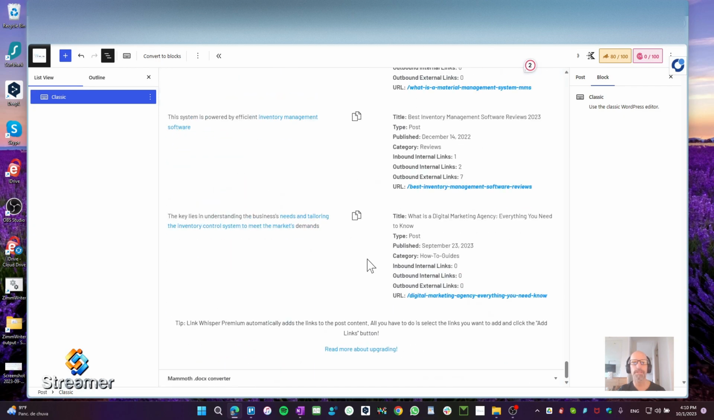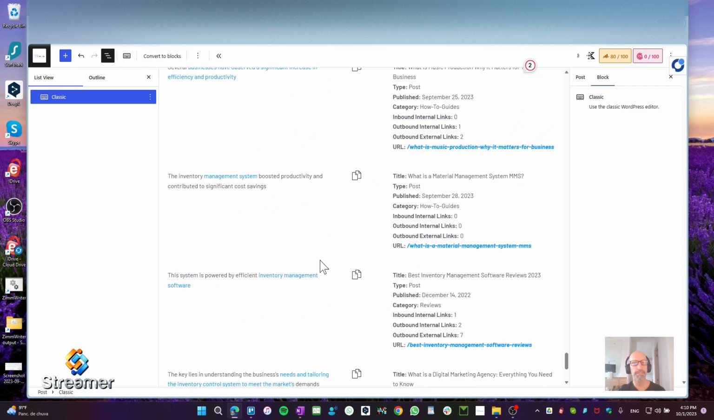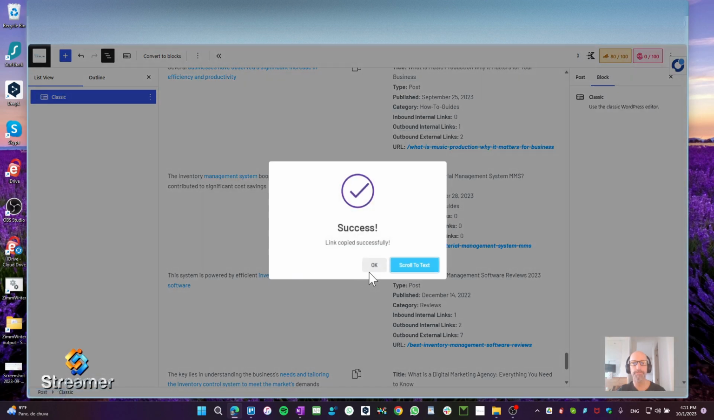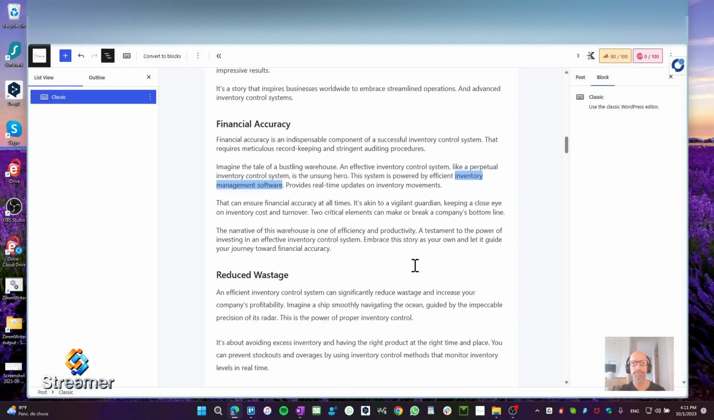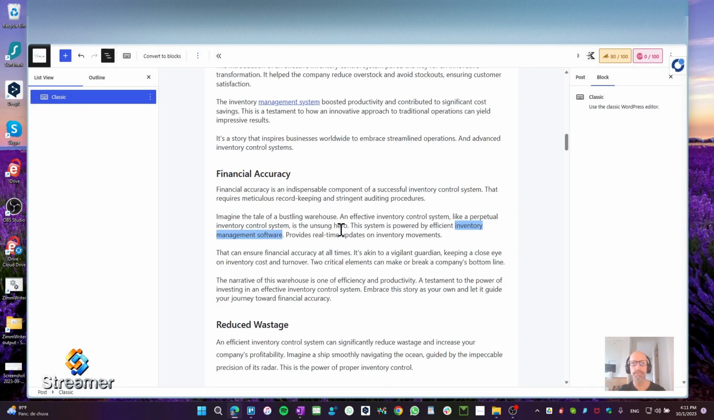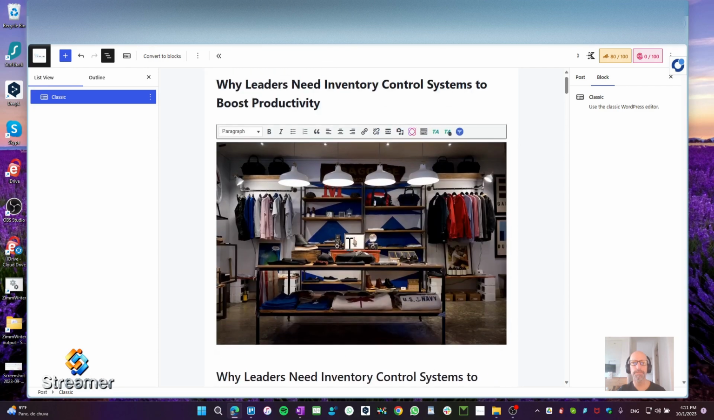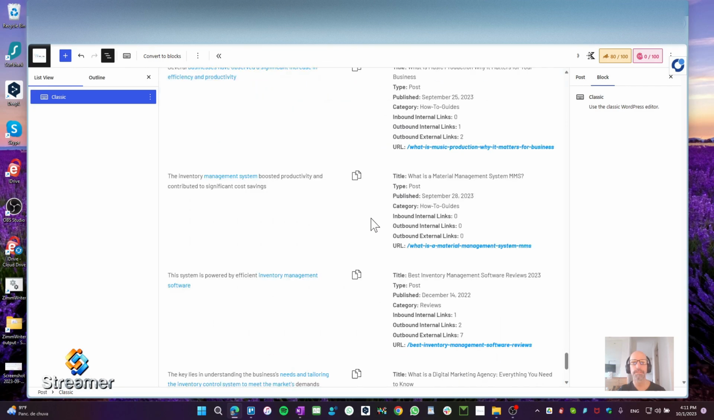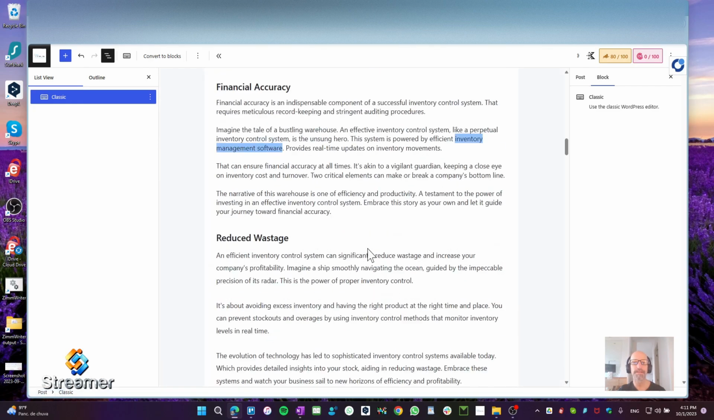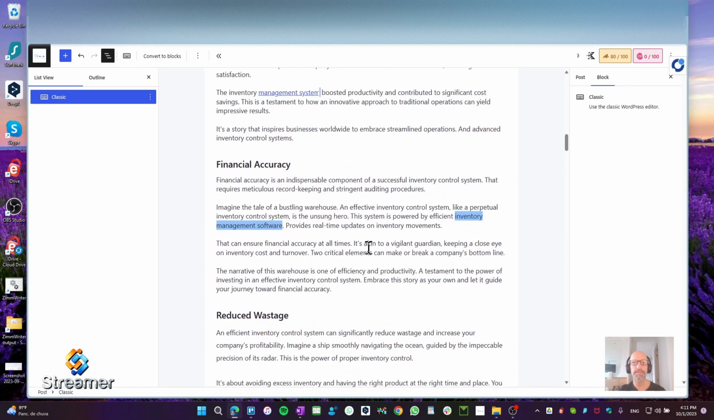Go back down to the bottom. And then the second link here is System and Inventory Management Software. Let's do that one. And again, it's highlighted. Let's see if it works. Yeah, this time it did. But it took me all the way back down to the bottom again. So let's go back up to that link. Scroll up and